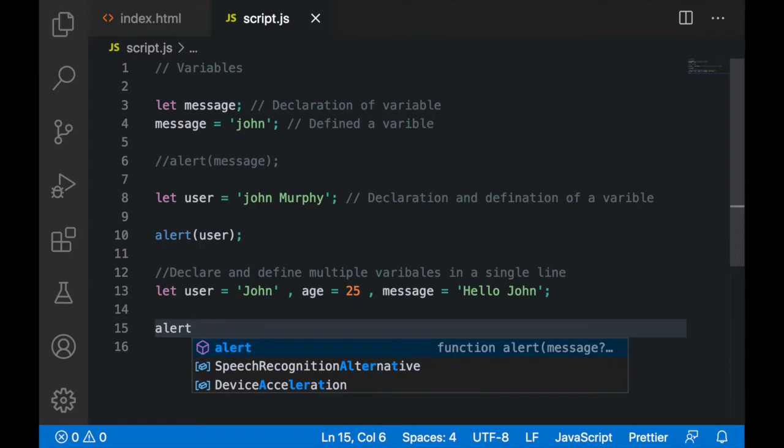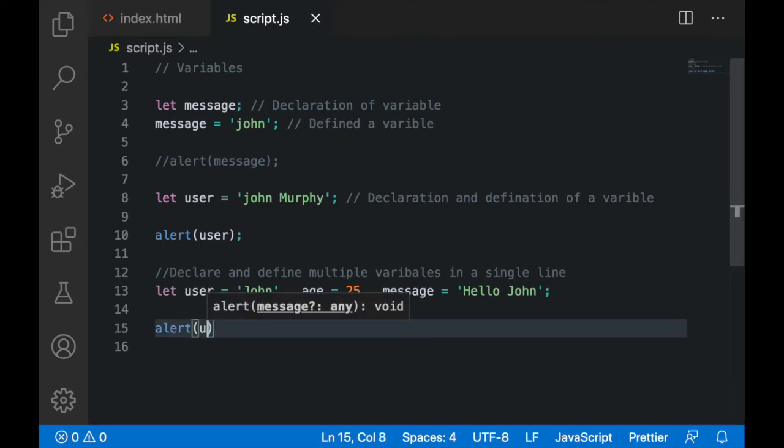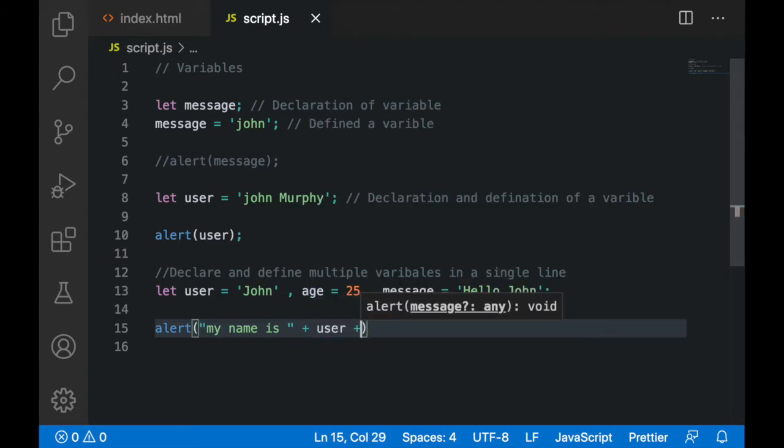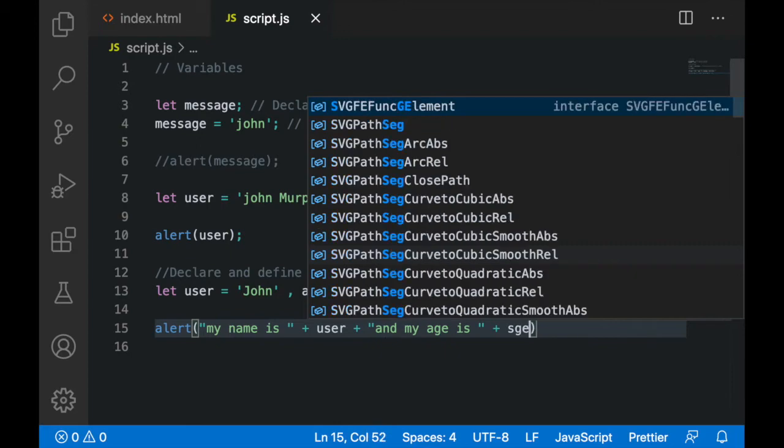I will use this alert, and here I am going to display user plus, inside double quotes, "my name is" with a space, and then after this plus sign I'm writing user, and then again a plus sign, and again a double quote, "and my age is" with a space, then a plus sign, and then age.